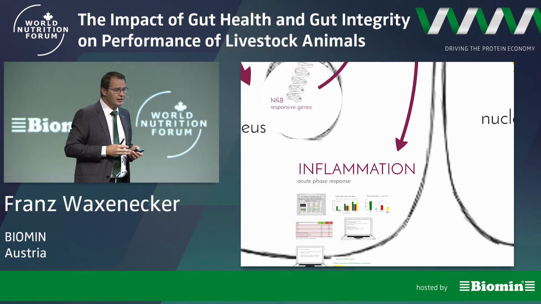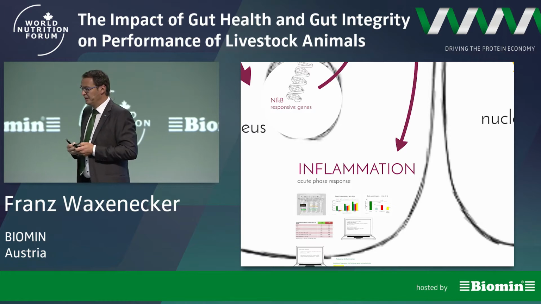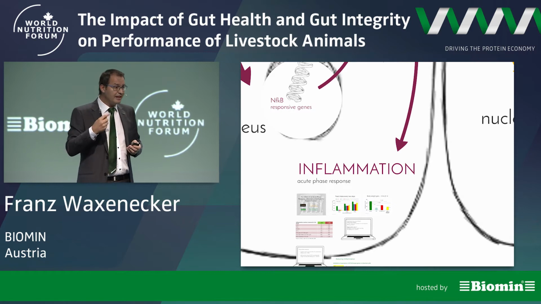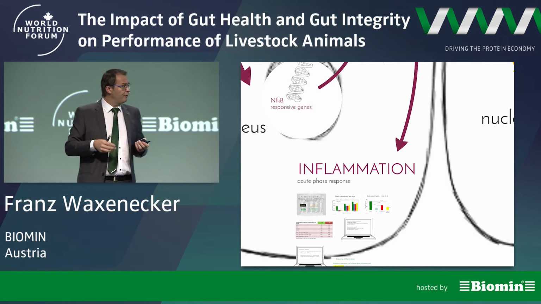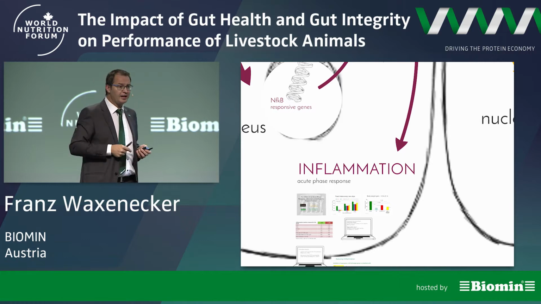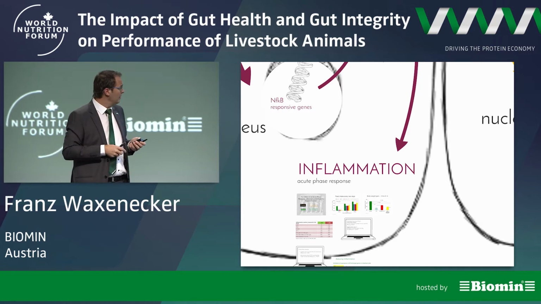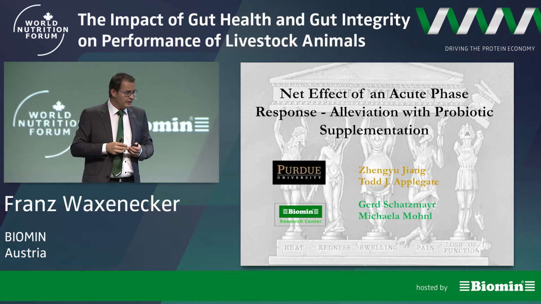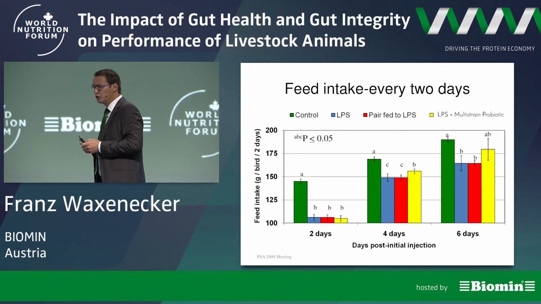And as we learned today, inflammation is costly. Inflammation costs nutrients, costs money, and is dangerous for the animal. On the other hand, by preventing inflammation, we can expect a growth-promoting effect of a substance. What such an inflammation or an acute phase response creates in the animal, in the cell, was nicely described in this study by Todd Applegate, who gave a talk already earlier this morning, who compared 4 groups of broilers,